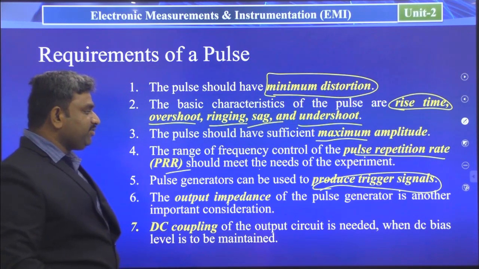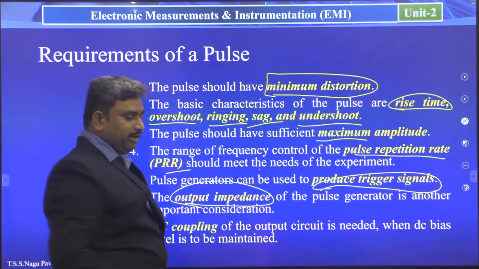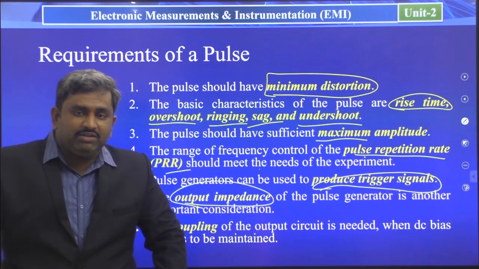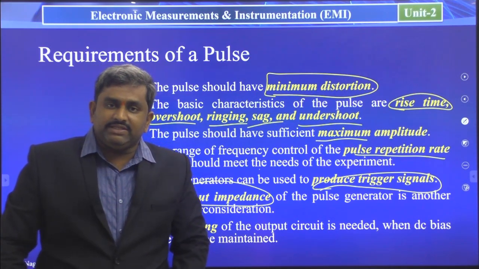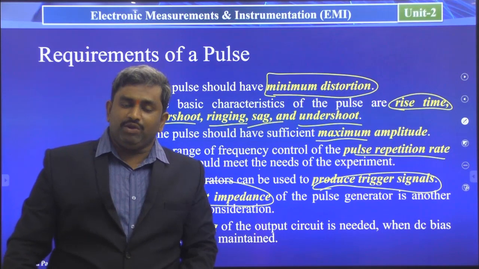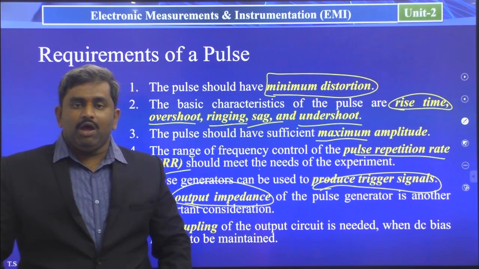The output impedance of the pulse generator is another important consideration. So this is very, very important. The output impedance should meet the user requirements. Generally, most of the instruments will provide either 50 ohms output impedance or 600 ohms output impedance